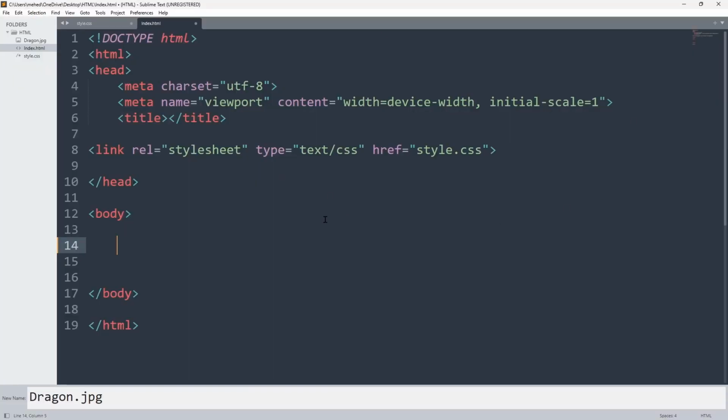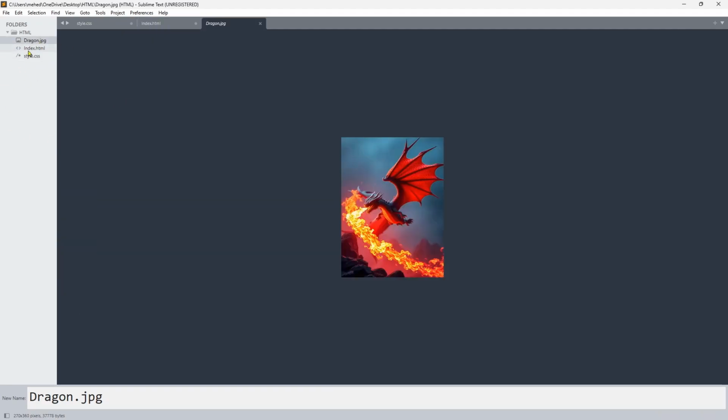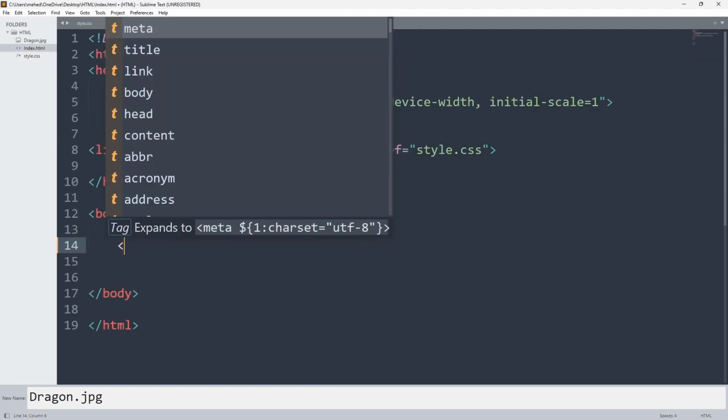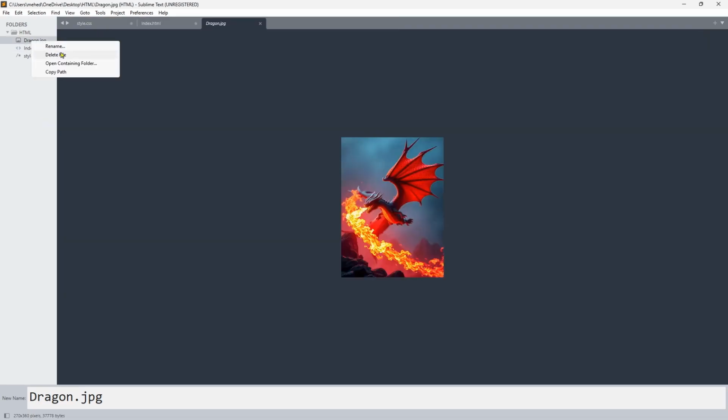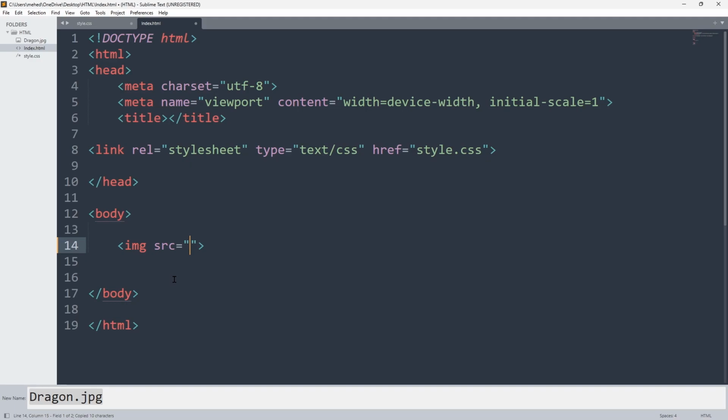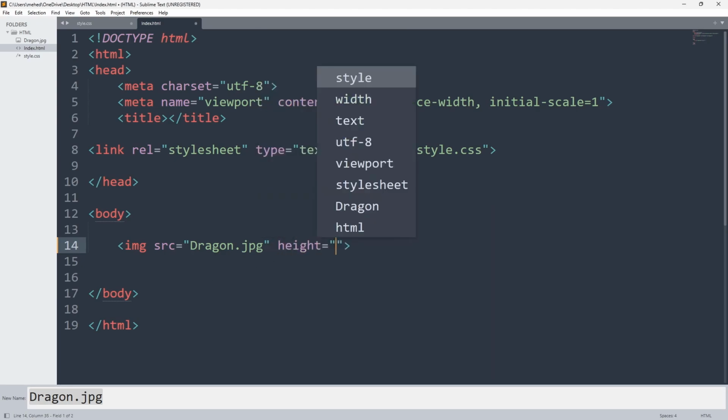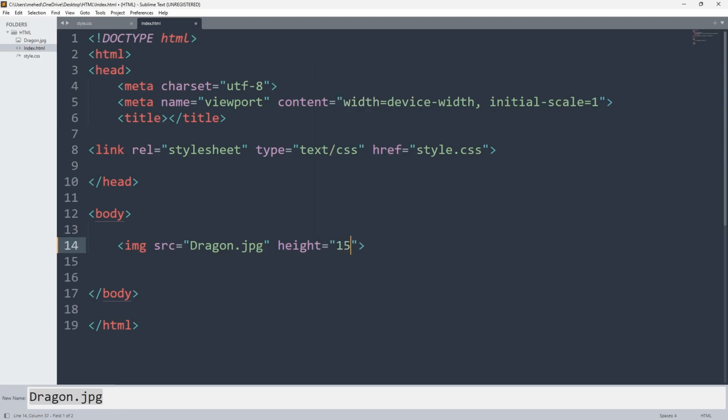So in our Sublime Text, we added an image, and now we're going to add an img tag and give the source the name of this image. So we're going to copy the image name and paste it into the source, and then we're going to save it. After the image source, dragon.jpg, we're going to give the height, and the height should be 150 pixels,